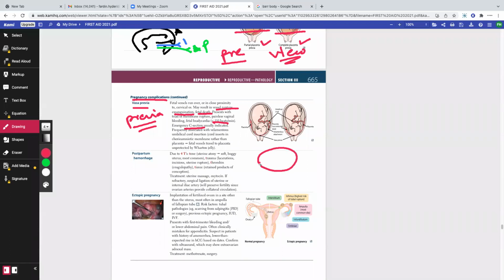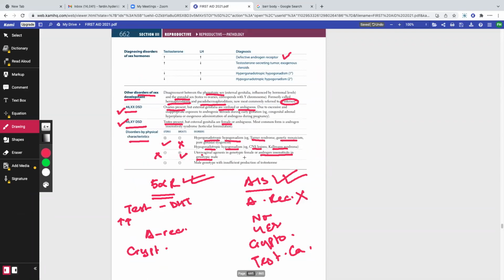in the Wharton's jelly? Do you guys remember that picture in the umbilicus where it looked like a face, the two umbilical blood vessels, and over here like this? Yes or no? With the allantois and the urachus. Yes. You guys remember that face? Okay, which one am I talking about? I'm talking about this one.